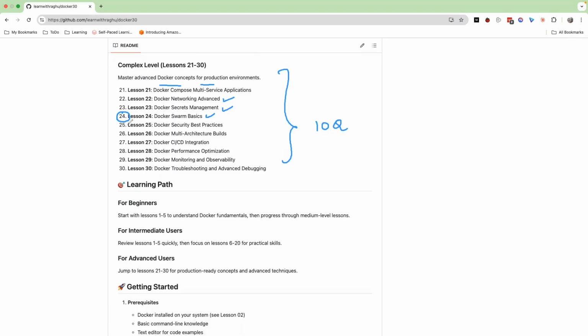But as a part of Docker, even though it's not used, it makes sense to understand Docker Swarm and know why it existed before. While I say that because many companies are not using Docker Swarm now. Well, then we move on to Docker security best practice, multi-architectural builds, Docker CI/CD, performance optimization, monitoring observability, and troubleshooting